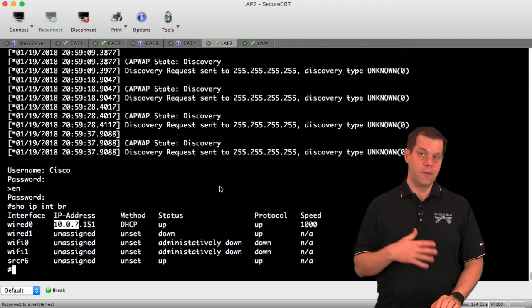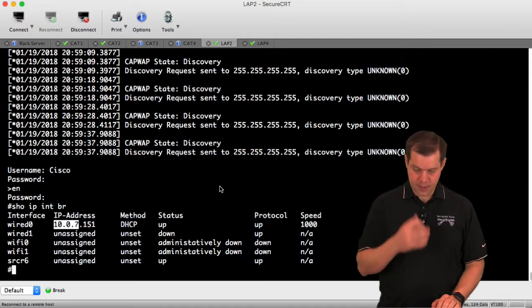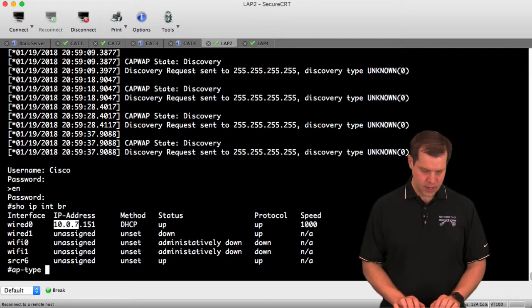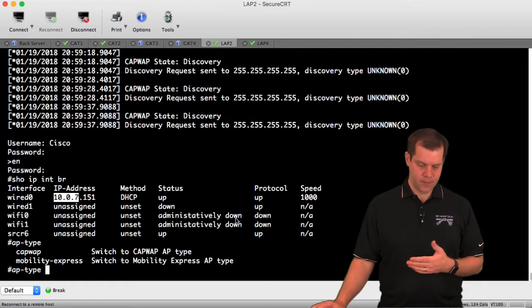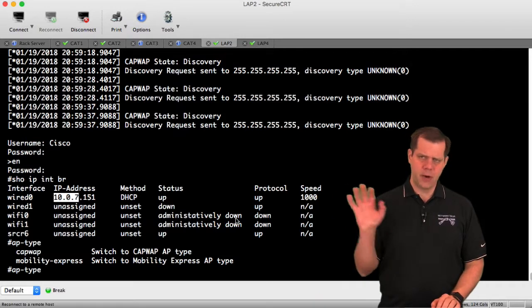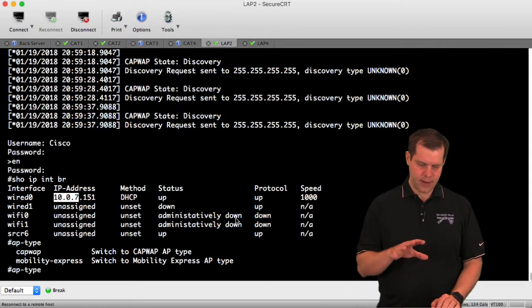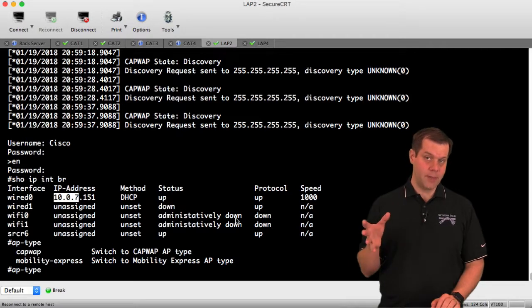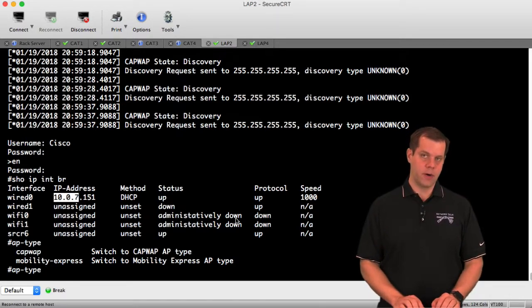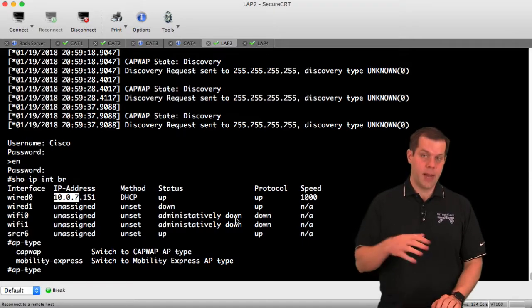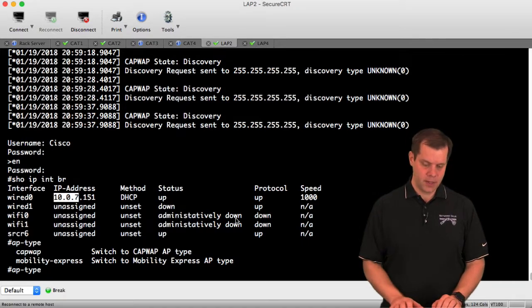So the command to flip between CAPWAP and Mobility Express mode would be AP type, and then we can say CAPWAP or Mobility Express. How do you know what mode something is in currently, especially if there's already another master AP and you can't tell, well, is this a Mobility Express capable AP? It just doesn't happen to have it installed, or is it in CAPWAP mode and so it's never going to become a master AP? If you do a show version